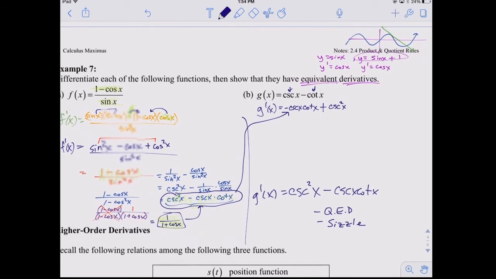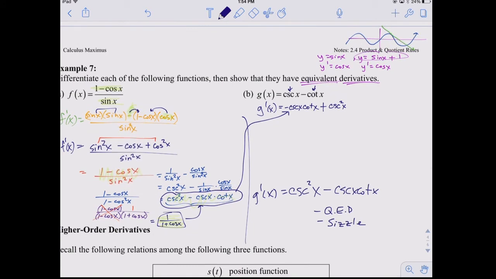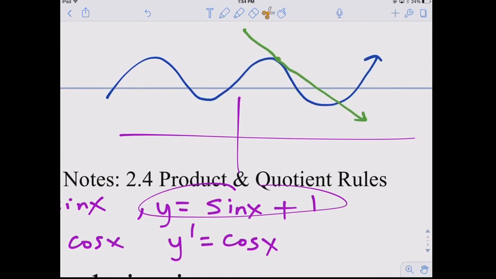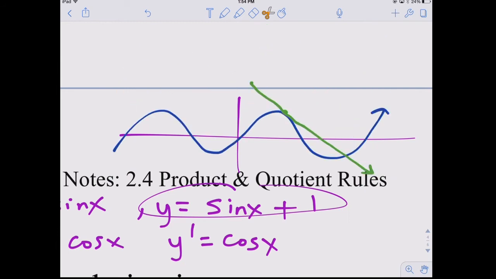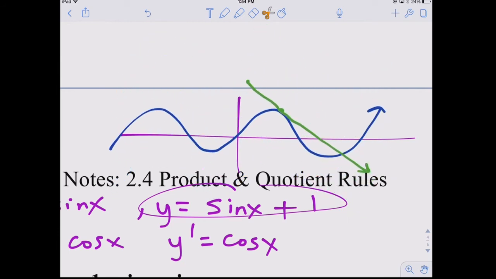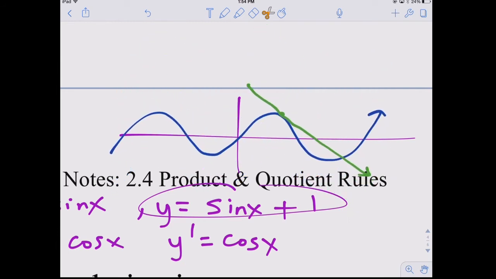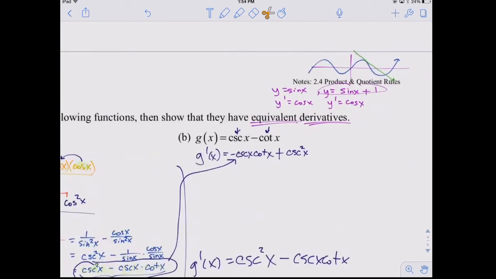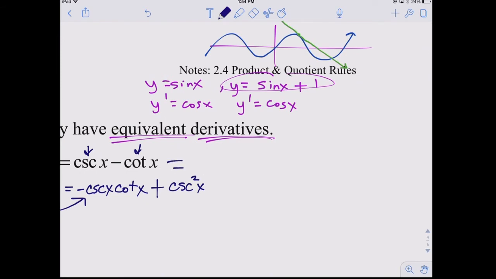All right, so those two functions ended up having the same derivative, which means they are either the same function or they only differ by some constant, and their graphs differ by a vertical shift. I'm wondering which one it is. You think they're the same? Probably. Let's see. If I start off with this one, 1 over cosecant is 1 over sine, minus cotangent is